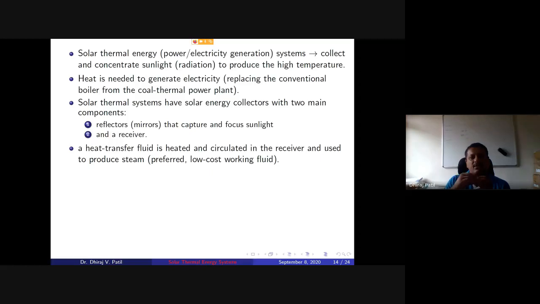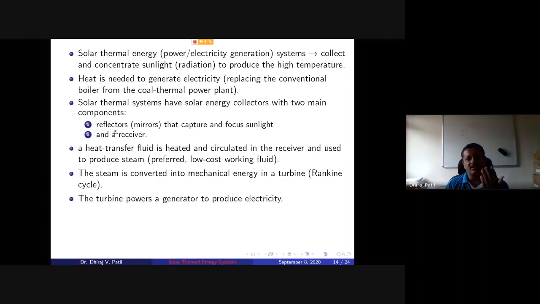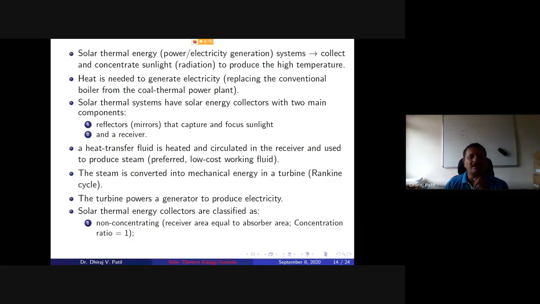So that's why you have to transfer this fluid, and it could be a low cost working fluid. So the steam is converted into mechanical energy. So water is used, and water is made into steam, and that steam you can pass over the turbine, say for example, following the Rankine cycle, and the turbine then generates power to produce electricity. So solar thermal energy collectors